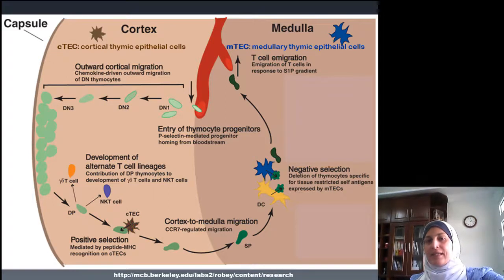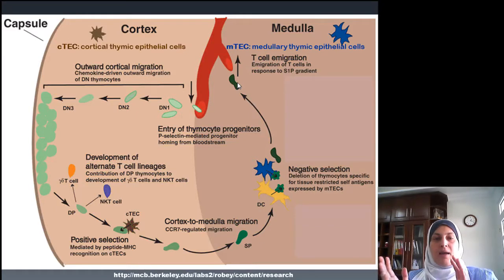Now these T cells are ready to migrate and go to the lymph node to meet with antigen-presenting cells. So this is a very important step in T cell development. Actually, it is here where autoimmunity and immune dysregulation takes place. Individuals who have abnormality in the medullary thymic epithelial cells or cortical thymic epithelial cells or